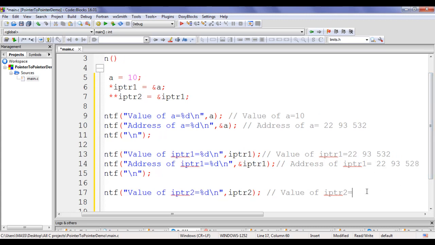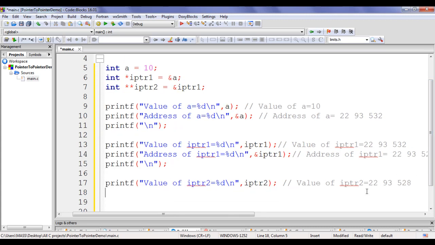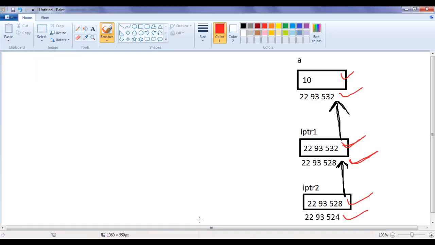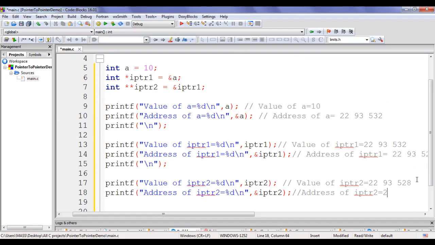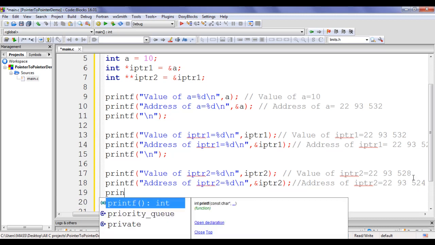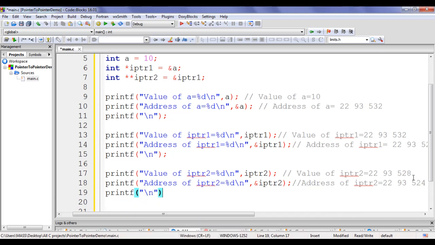So we get here 2293528, guys. I say here printf, I say address of iptr2 is equal to %d \n comma ampersand iptr2 semicolon. What output we get here? Address of iptr2 equals to 2293524, guys. I say here printf double quotations \n semicolon.